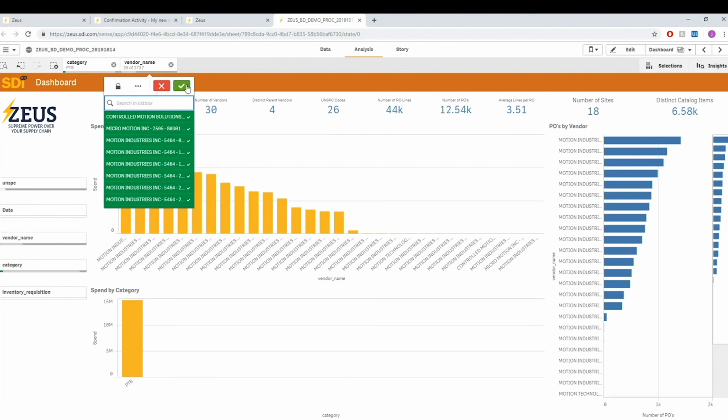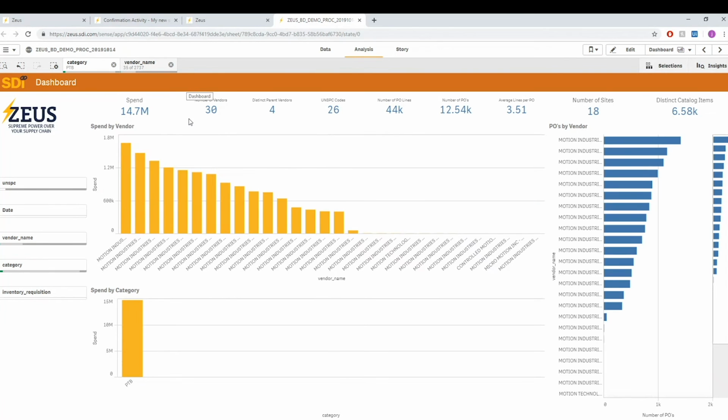So one of the things that tells us right here is, number one, data quality is an issue. Number two, your spend could be fragmented. And number three, your spend may be going off contract, right? Because a lot of times in the supply chain, your contract is specified to a site, it's specified to a